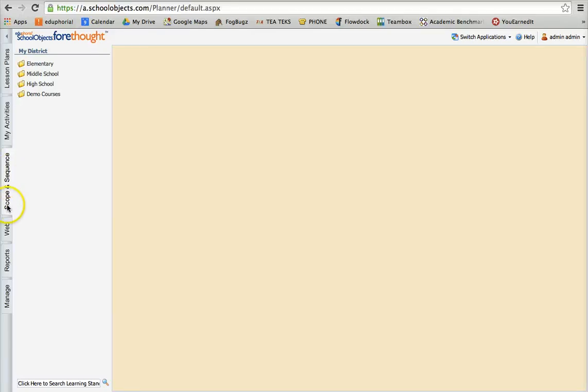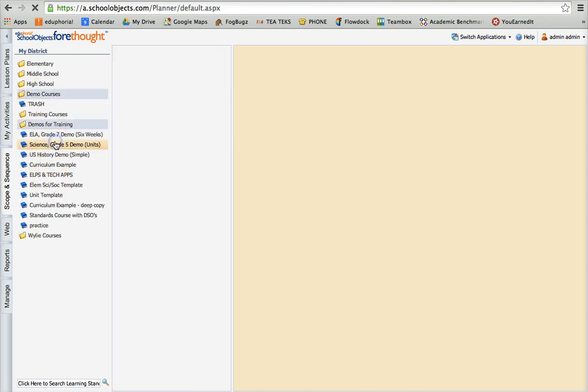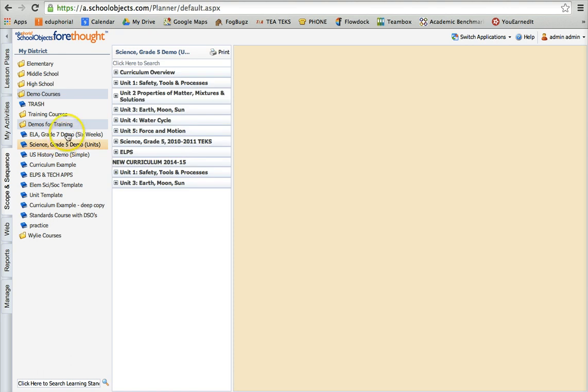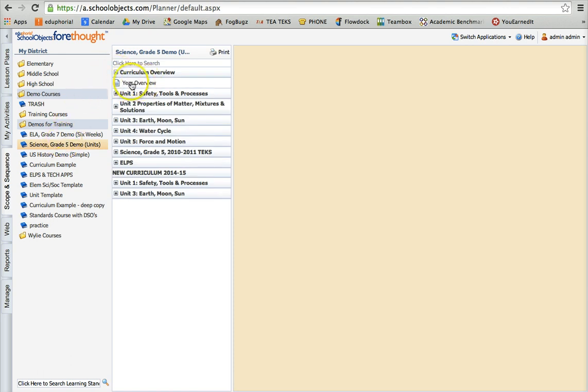So what I'm going to do here in going to the Scope and Sequence tab is I'm going to pull up my course. We're going to do this 5th grade science. And let's say my job first is to update or to add the document for my year overview. So I select that standard by left clicking on it, and I want to add the activity. Remember, an activity can be lots of different things, but I'm going to add that activity here so that when the teachers click on Curriculum Overview and then click on Year Overview, they will be able to see that resource